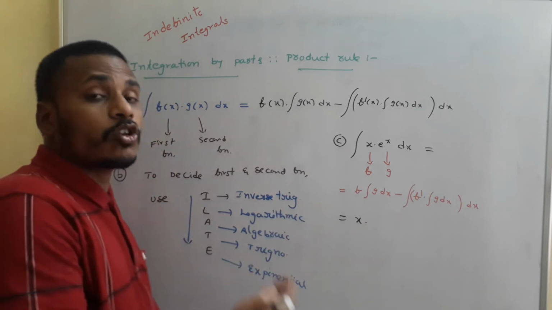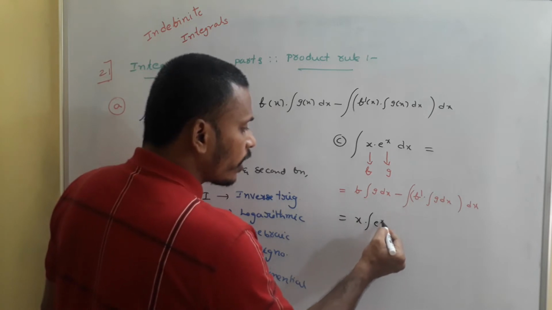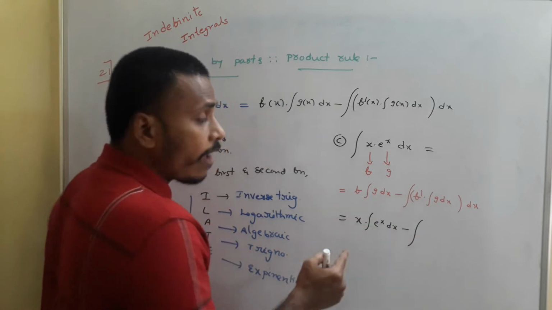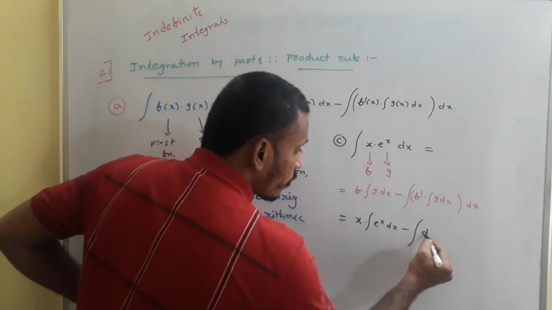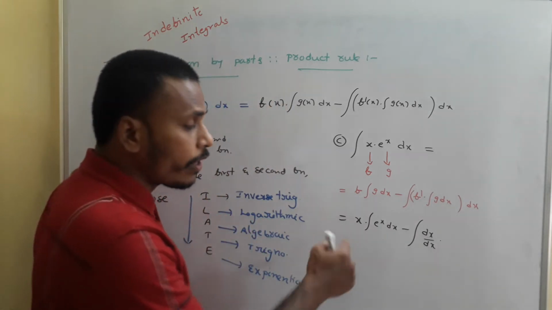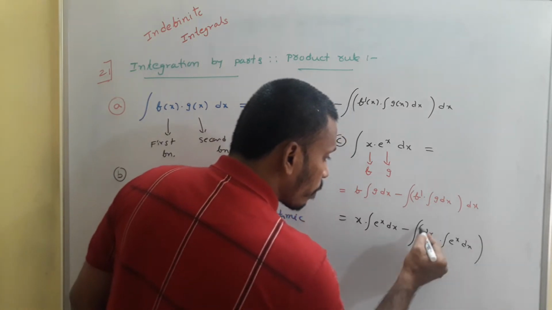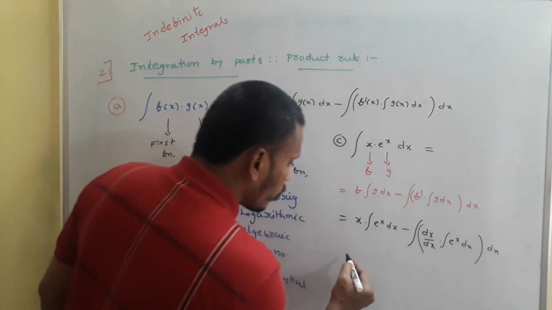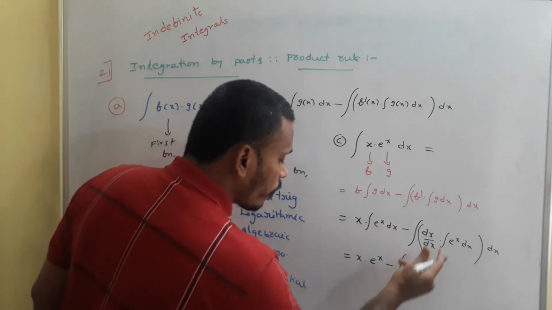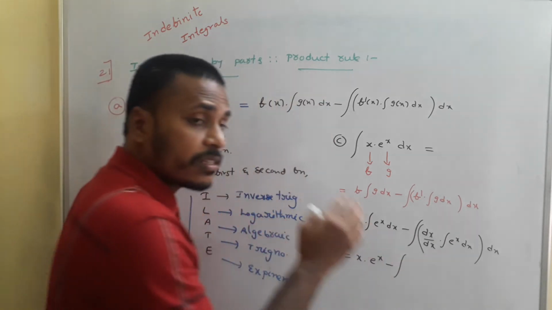What is the integration of e power x? If you know, write it directly. So actually x into integral of e power x dx minus integral of f dash. F dash is the derivative of x. Since it is first problem, I am giving you, see, in detail. F dash means derivative of x with respect to x into integral of e power x dx, and this total part into dx. So this is equals to x into integral of e power x is e power x minus integral of derivative of x with respect to x is 1, right? And this integral of e power x is e power x, right?